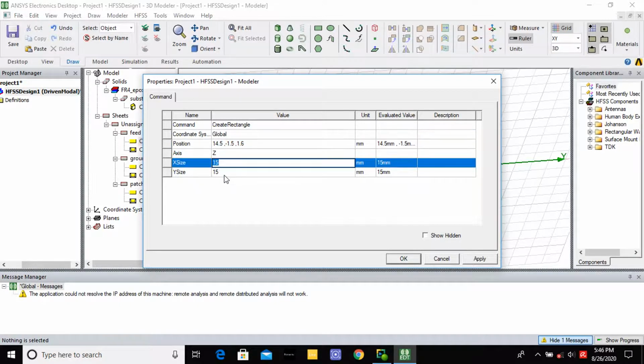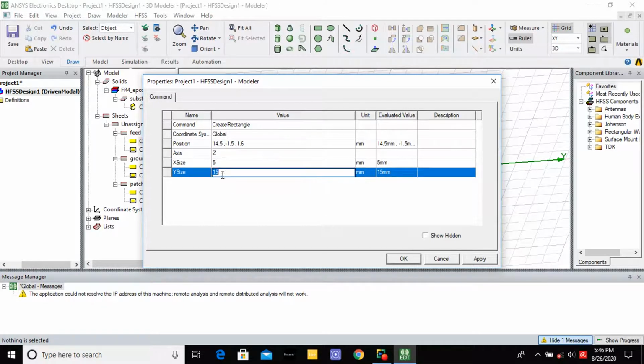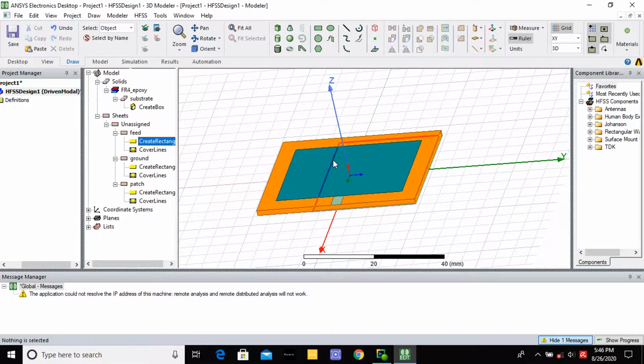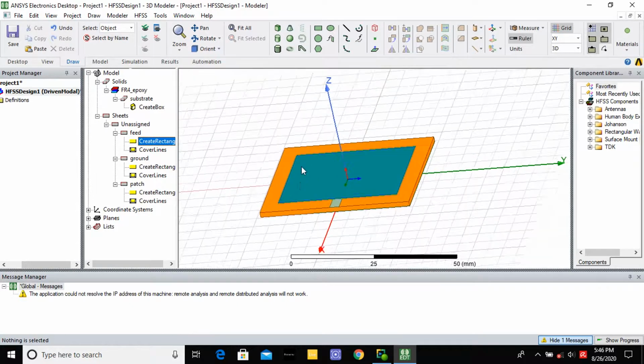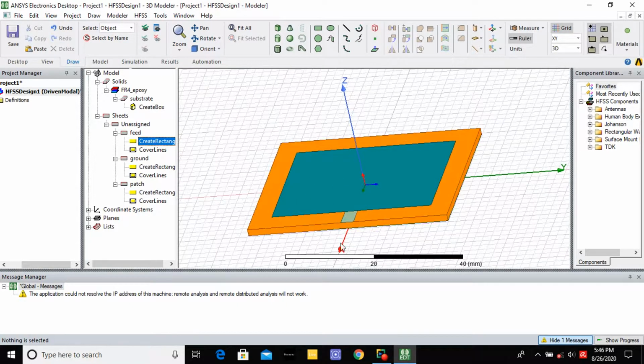Here the feed width is 5 and the length is 3 mm. Then you give apply, then OK. This is your feed line.